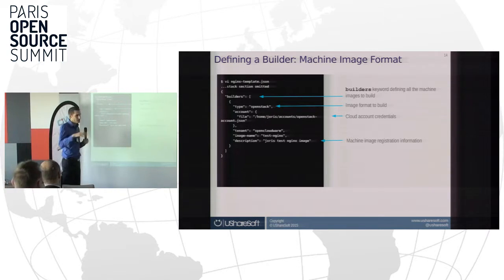For something that we can publish on a platform like OpenStack, we will need credential information about the platform where you want to publish the stack. This is what we call account, and the credential information could be integrated into another JSON file. Then some information inside OpenStack: the tenant, image name, and a description. In the Hammer.io documentation, you will find all the information needed by the builder you want, for example, OpenStack or vCenter. Some keys are mandatory and some not.